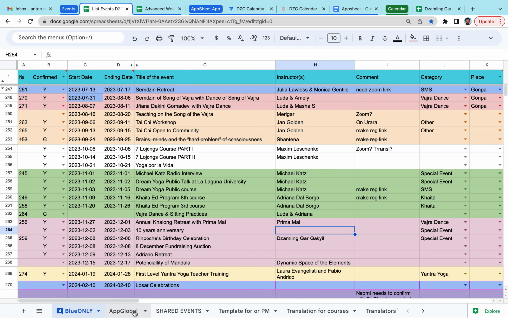In order to show only the information in this application that we need, not to show everything here, we created two tabs, two copies of the spreadsheets. So one for the global, it's called